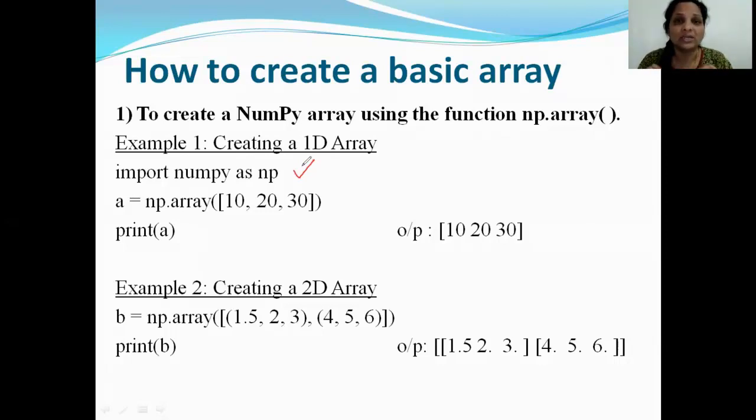You could avoid that completely and just write import numpy. But remember, everywhere you use the functionality of the NumPy module, you would have to keep writing numpy, numpy, numpy. By writing an alias name, what's the advantage? NumPy is shortened to np. So the first method of creating an array is by using a function called array, which exists in the NumPy module. So you write np.array.